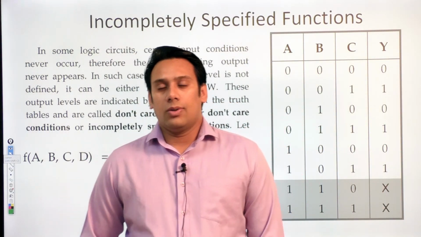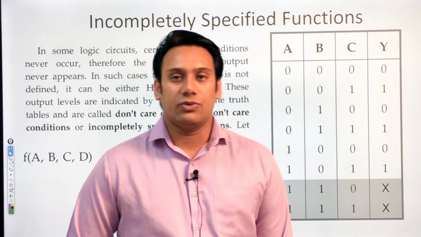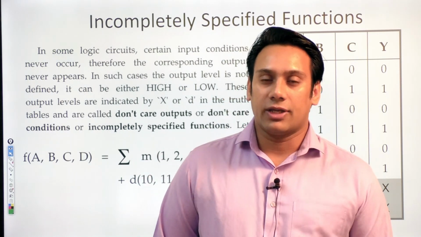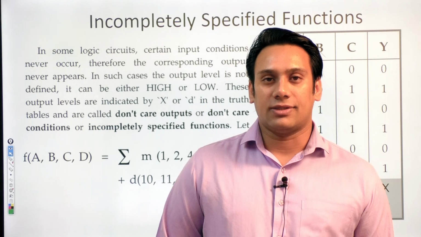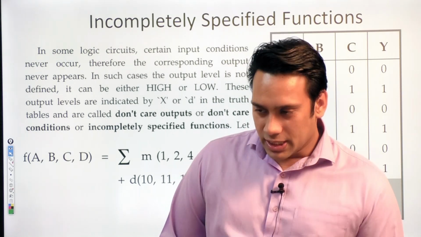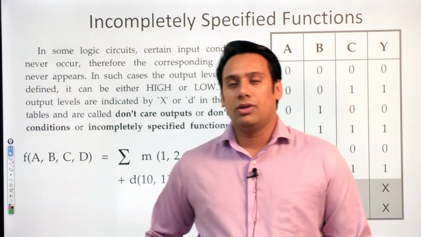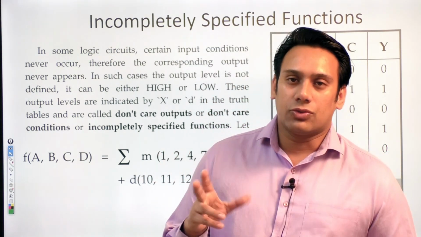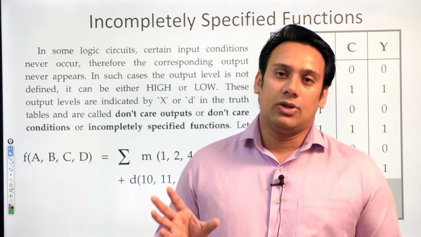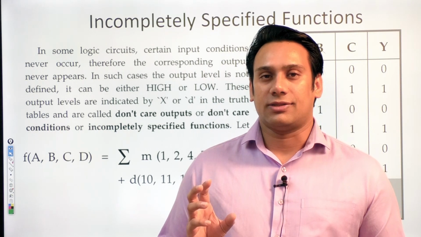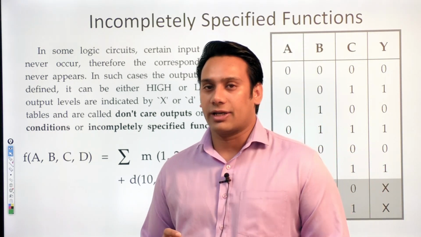Now let us look at what are incompletely specified functions. तो हमारे पास कुछ ऐसी conditions होती हैं. There are few conditions which are called as don't care conditions. हमारे पास कुछ ऐसी conditions होती है जिनको हम लोग don't care condition से represent करते हैं. Okay. Now what is the use of this don't care? देखो, let us assume sometimes you are not going to use a few combination. आपको उन combination की क्या values होती है उससे आपको कोई फर्क नहीं पड़ता, तो उस conditions को हम लोग don't care conditions से treat करते हैं. ठीक है, उन conditions को किसे treat करते हैं हम लोग? don't care condition से, right?